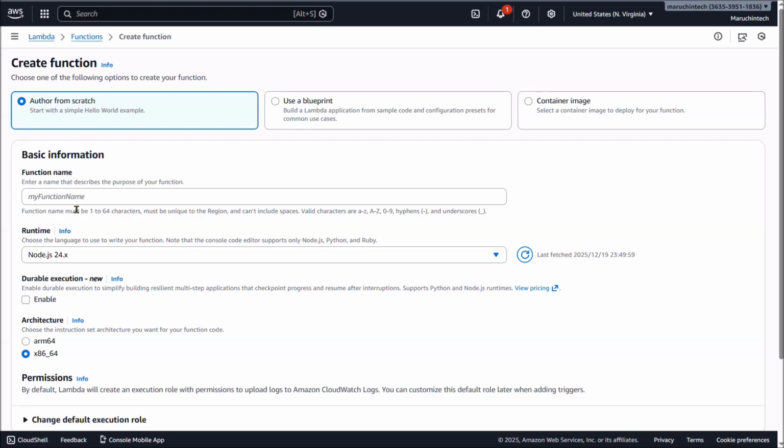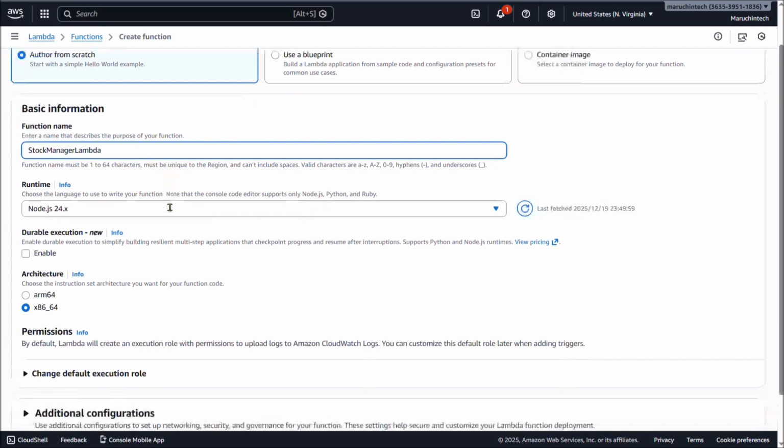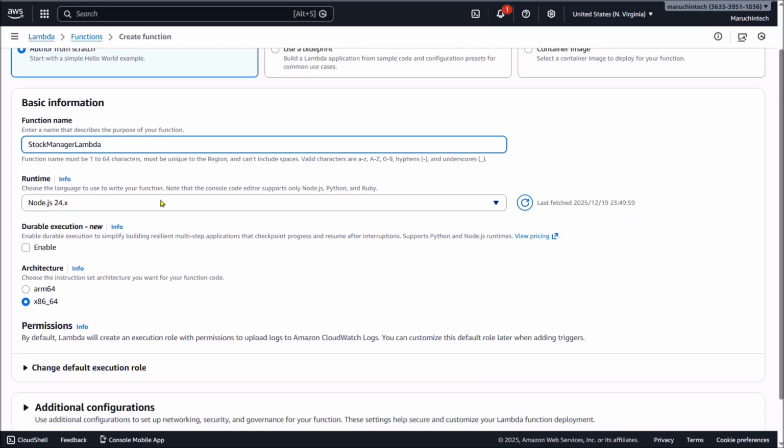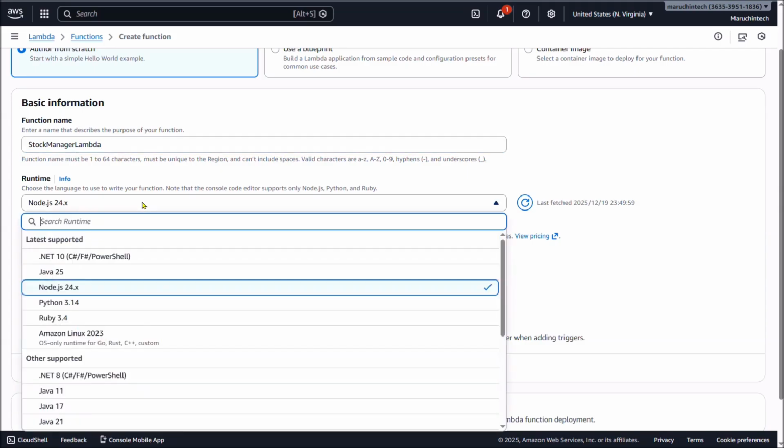Besides authoring a Lambda function from scratch, there are options to use a blueprint or a container image. However, since we will be writing the code ourselves this time, select Author from scratch. For the function name, I will set stock-manager-lambda, and next we will set the runtime. Since we are using Python this time, type